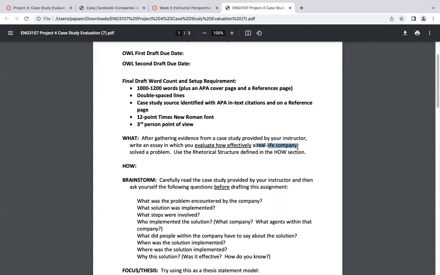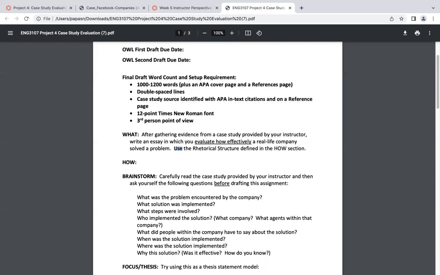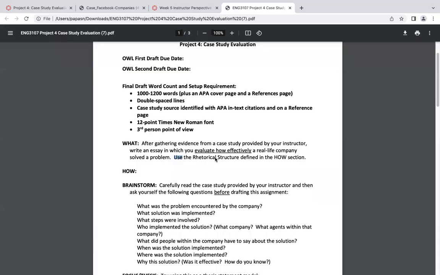And to give you a hint, the company is not Facebook, as they're not the ones that are dealing with something. It's the company that's being discussed with the decision within that piece, which in this case is the Bricks Pizza place. So that gives you a sense of that. So we know what the focus is. You're looking at that company. You're looking at what happened, the problem, you're looking at the solution, and you're looking at how effective that solution